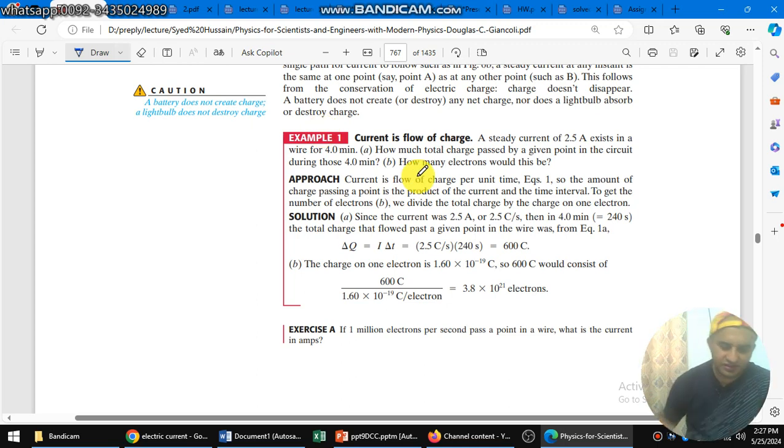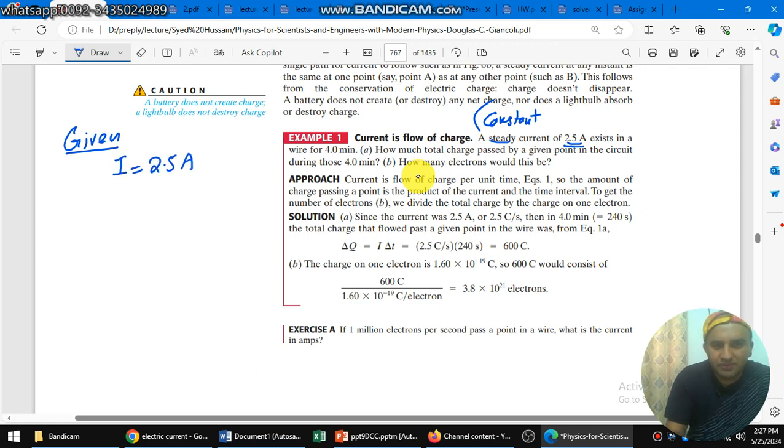Okay, dear students, example number 1, Physics for Scientists and Engineers, Giancoli. So for example 1, I have to write the given information. The current flows through the wire, a steady current of 2.5 ampere. Steady means constant. The current is given, so I is 2.5 ampere, for 4 minutes, so the time